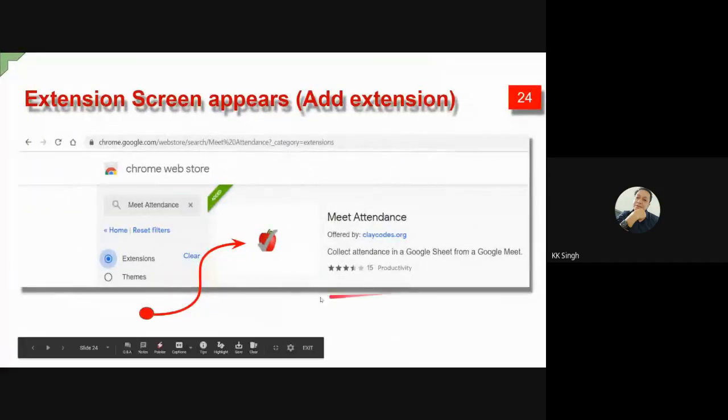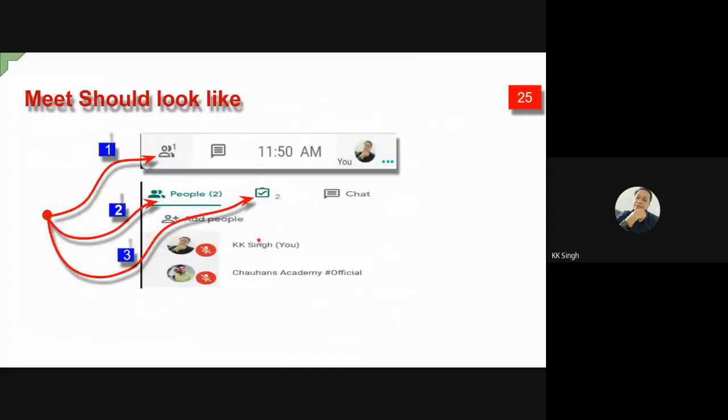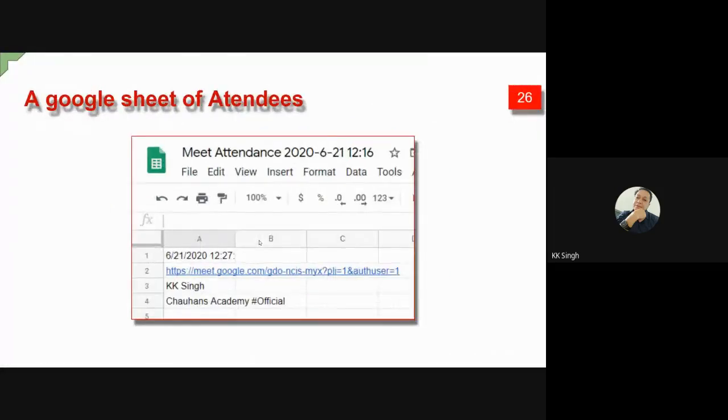This is the icon you will see on your Chrome browser. So this way you can take the attendance as I have shown you. And so Meet Attendance will appear in the Google Sheet in this manner.